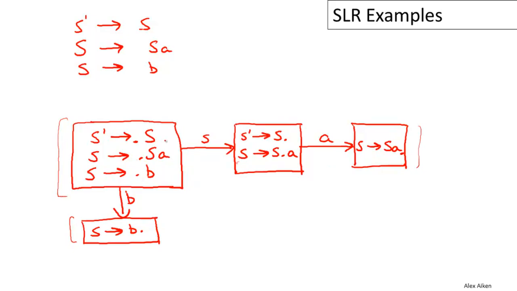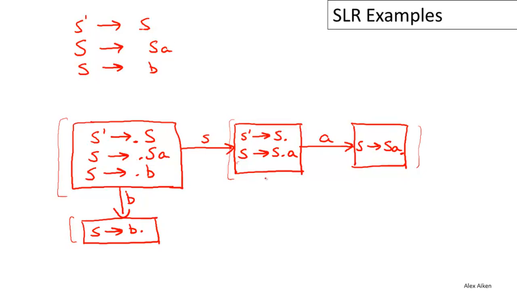So there's only shift moves here. So there can't be a shift-reduce conflict because there are no reduce items, no possible reduce actions, and there's no reduce-reduce conflicts for the same reason. So the only state of interest, really, from the point of view of whether the grammar is SLR1, is this